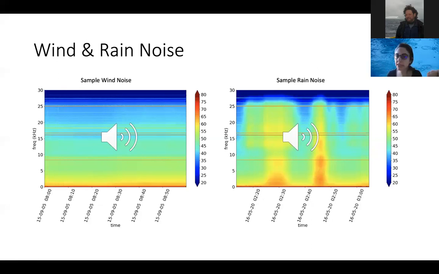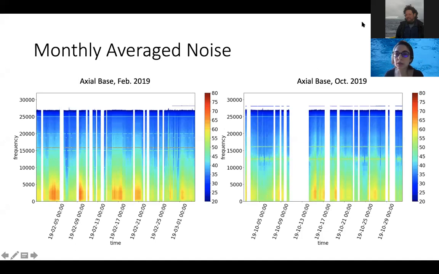Okay, just by listening to the signal, you probably were able to hear the differences, right? But how can we quantify those differences, and how can we model rain noise? That's what we want to cover. Let's look at the monthly average of spectrograms first. So this one shows a